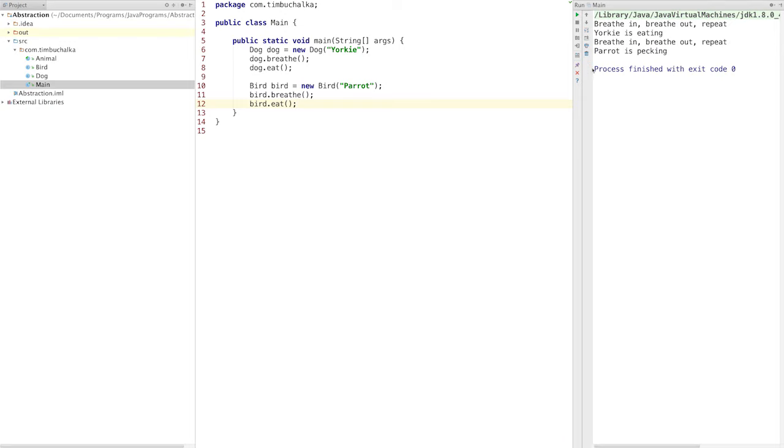We get the results as you can see. Bird's breathing and parrot is pecking, Yorkie's eating, so it's doing the right thing there. Now birds can also fly, so it could be a good idea to add a fly method to our bird class, but not all birds can fly, so implementing a fly method in the bird class is not a good